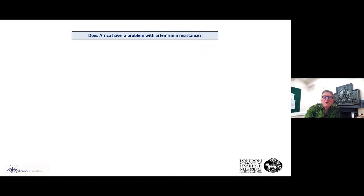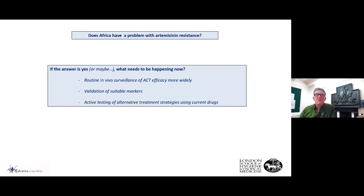So just to wind up, this, of course, is highly relevant to us in the UK and to treatment of our patients and to advising our clinicians. Is there a real problem in Africa with artemisinin resistance? I think at the moment we would have to say no, but I think there's plenty of reasons to think that at least with artemether-lumefantrine, the efficacy when it was first deployed, when there were a lot of chloroquine-resistant parasites there that were easily killed by AL, is tailing off a bit. But as I said, it doesn't yet appear to be a public health emergency, but clearly needs routine in vivo surveillance of ACT efficacy more widely,